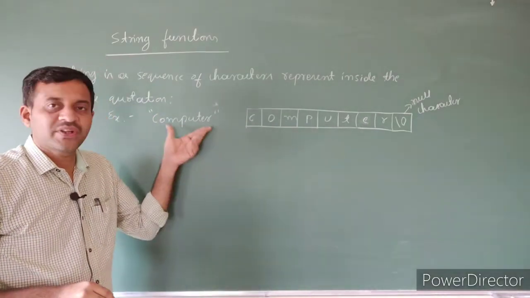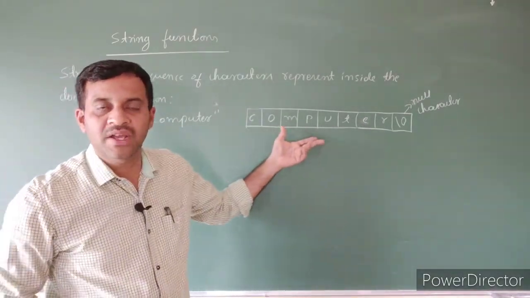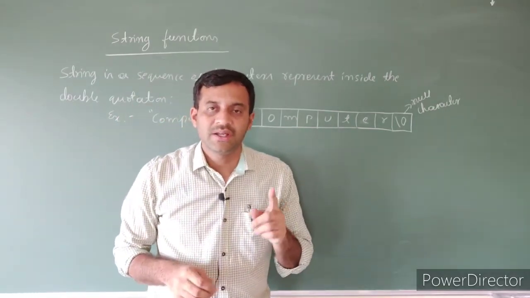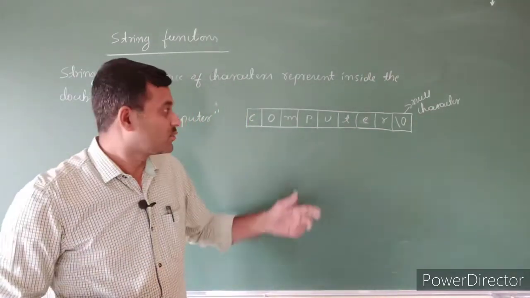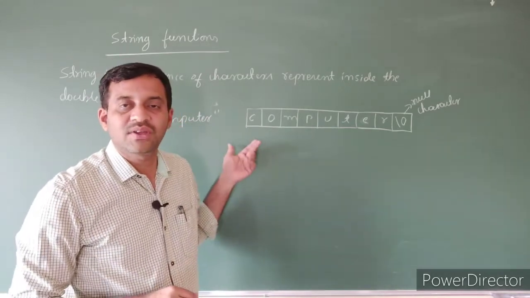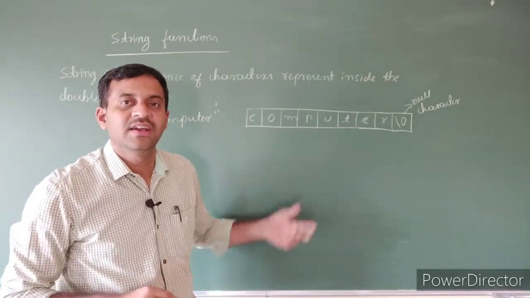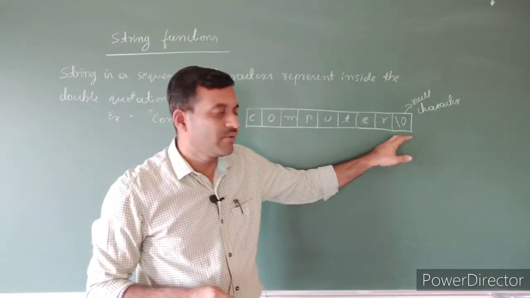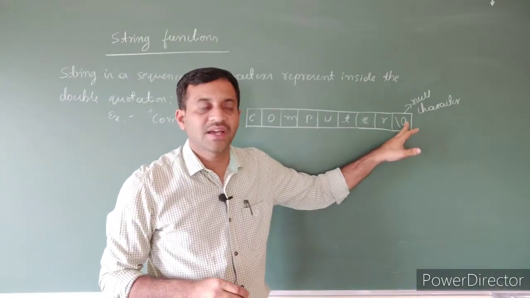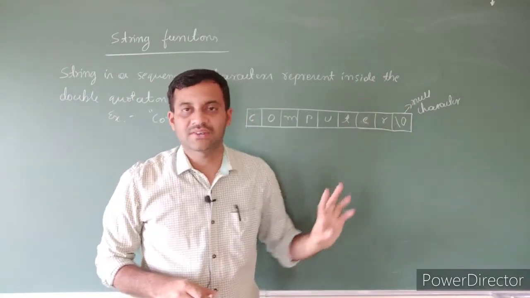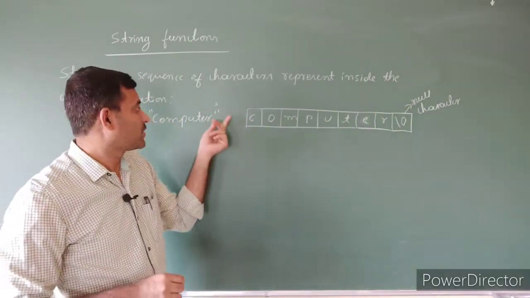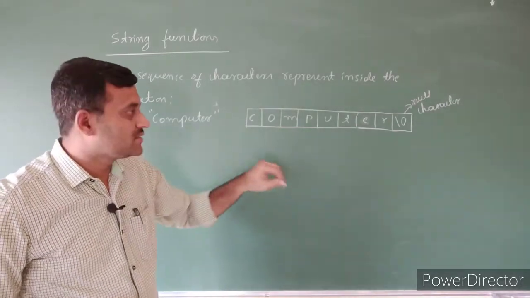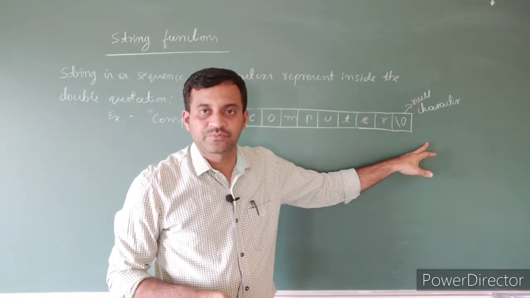That is, to represent a string, we use a one-dimensional array. What is a one-dimensional array? An array that has only one index value. That is a one-dimensional array because it is a sequence of characters. Then in an array or in a string, the last character is always \0. Here \0 represents the null character. When we insert the closing double quotation, the compiler automatically inserts a null character.